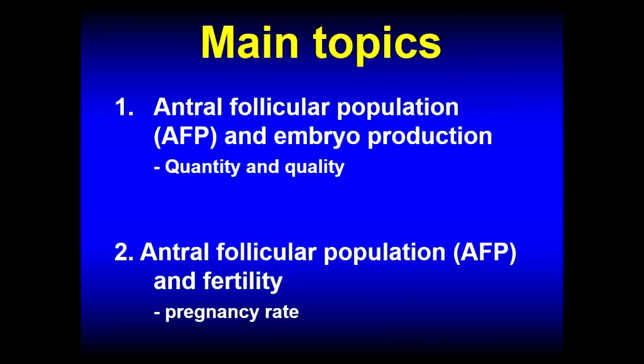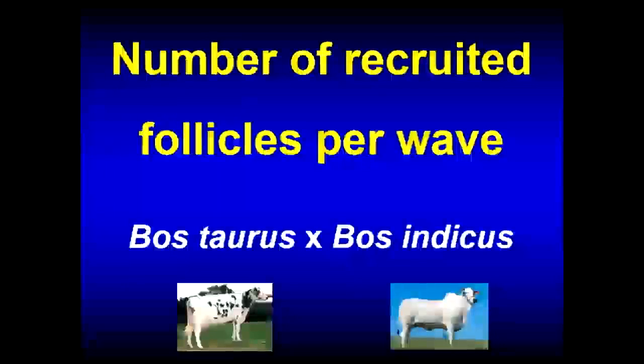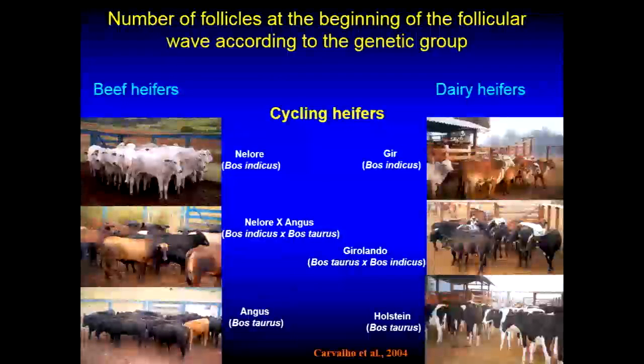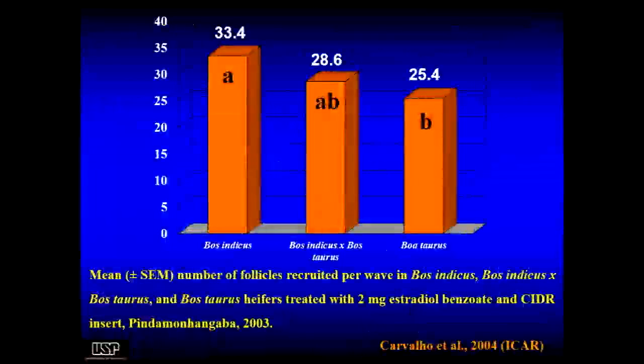and now I will show you the data from the experiment that we did, looking at the antral follicle population and embryo production, quantity and quality, and antral follicle population and fertility, doing AI in these animals and looking at their fertility. We did this in Taurus and Indicus. As you know, with the zebu, we try to understand the follicular population in beef zebu and beef Taurus and dairy zebu and dairy Taurus,